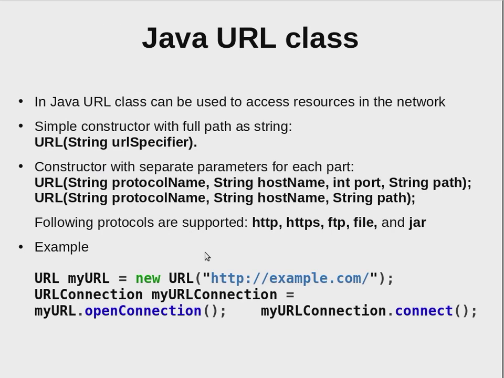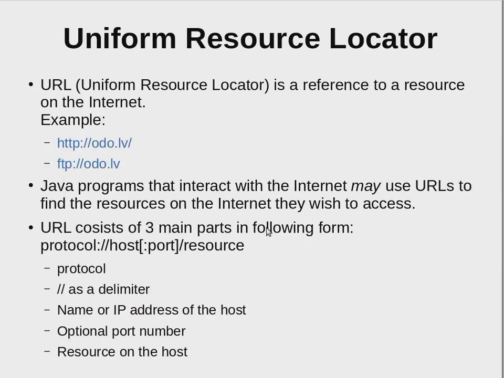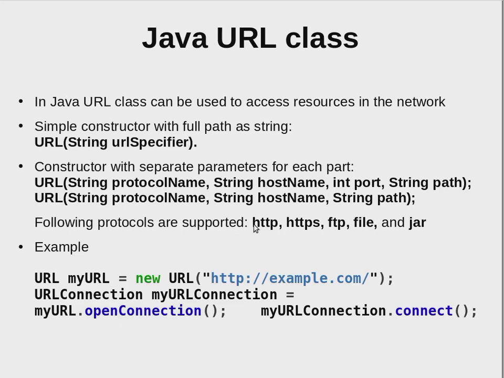And for this URL you can actually read from many different resources, depending on what you mention as a transport protocol in the URL. So first, before the colon, means what protocol to use. You can read it using either HTTP protocol, HTTPS, FTP, file and jar. And file and jar are locally reachable protocols. You can refer to and read something from a file in the file system or from a jar file or jar archive inside a jar archive.